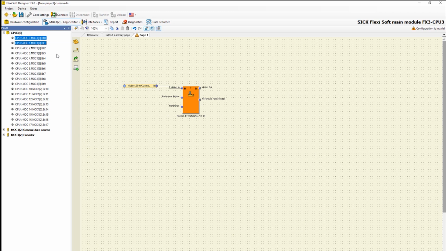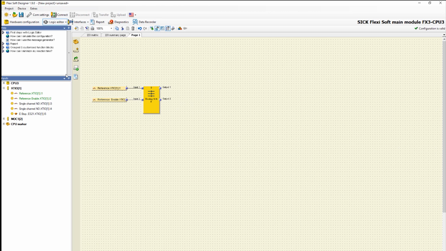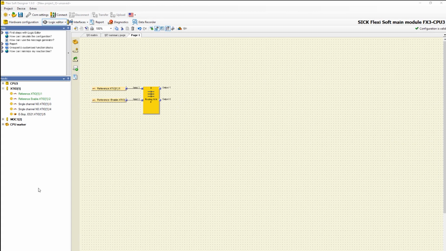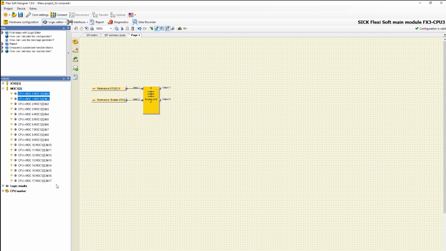Because the Mach doesn't have the real inputs, we need to route these inputs from the CPU to the Mach. We switch to the CPU logic. There, I have already connected the inputs reference and reference enable to the routing end-to-end function block. Now, we have to switch in the left sidebar to outputs, where we take 2 bits and connect them to the outputs.